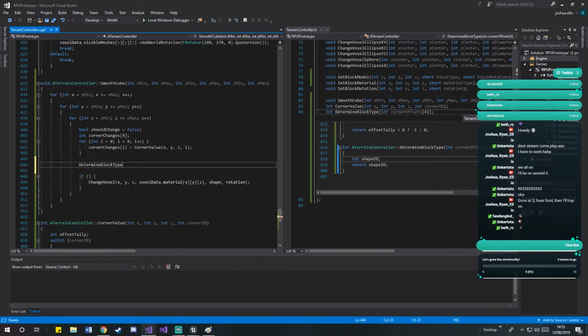So then we want to determine the block type. We'll pass in corner changes. Actually, just corner changes as a variable. And out of it we'll get